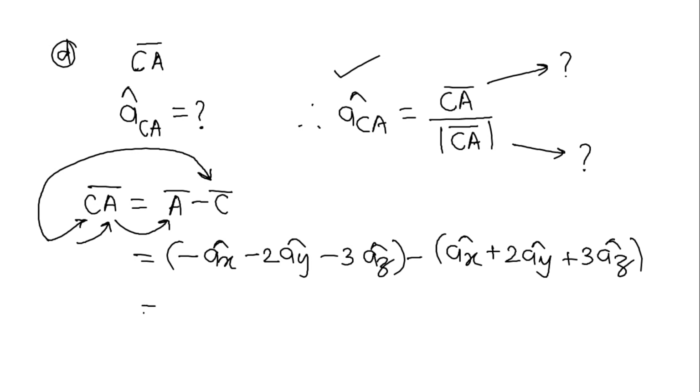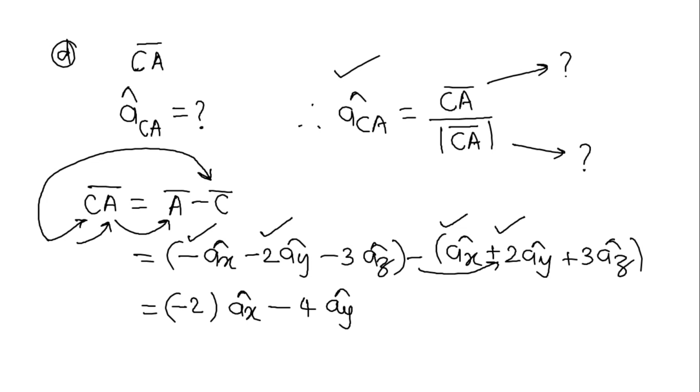So this comes out to minus 2 times ax cap. This is minus 1 and this is again minus 1. Minus 1 minus 1 becomes minus 2 here. Here we will be obtaining minus 4 times ay cap. Here it is minus 2, and here this minus sign will be applicable to this, so this will also become minus 2. And this minus 3 will be minus 6 az cap. So we have obtained CA bar. So now the question of what to put in the numerator is solved. Now we need to compute its magnitude.